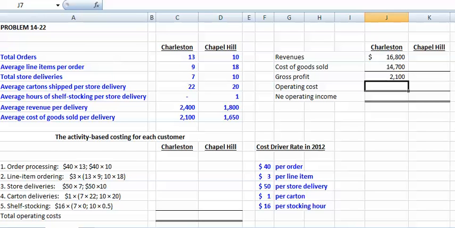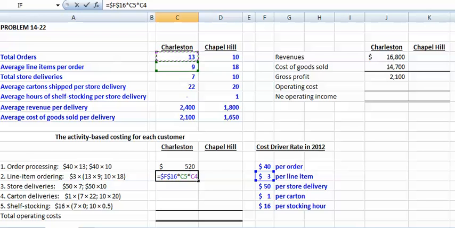Next, we have to calculate our operating costs. In order to do that, we're going to use our activity-based costing to allocate or calculate our operating costs to serve each one of these customers. In terms of order processing, our cost of processing an order is $40 per order, and for the Charleston pharmacy we make 13 orders. Our line item cost for each order is $3 per line item, and the average line items per order for Charleston is 9 items per order,